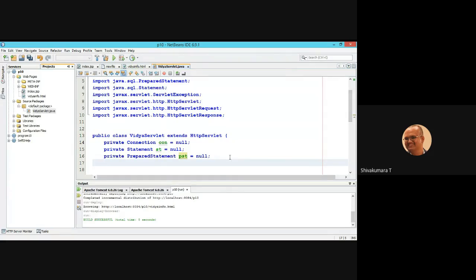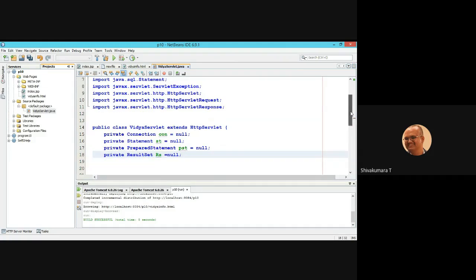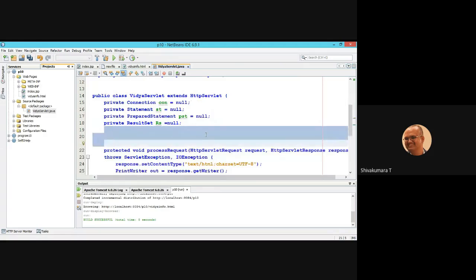One more, we need a ResultSet object. It is able to hold the result of the query. So ResultSet rs. This also you can create with private specification. ResultSet rs equal to null. So import the relevant package, ResultSet. After specifying those global variables,